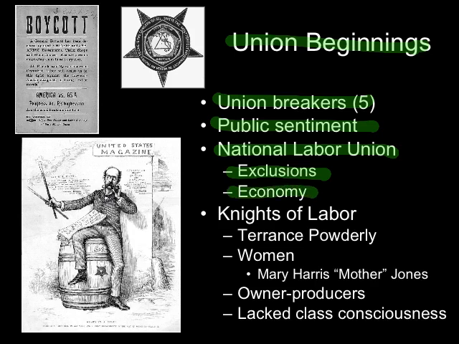There's also the problem of the economy. The economy has taken a huge hit, and we're going to see this over and over and over this year. Okay? When the economy's great and everybody's making money and everybody's got a job, they care a lot about social causes. When the economy's terrible, they don't care about social causes. All they care about is, do I have a job? Good. I made money today. I hope I have a job tomorrow. They don't have time to get involved in union activities. So the National Labor Union will come to an end.